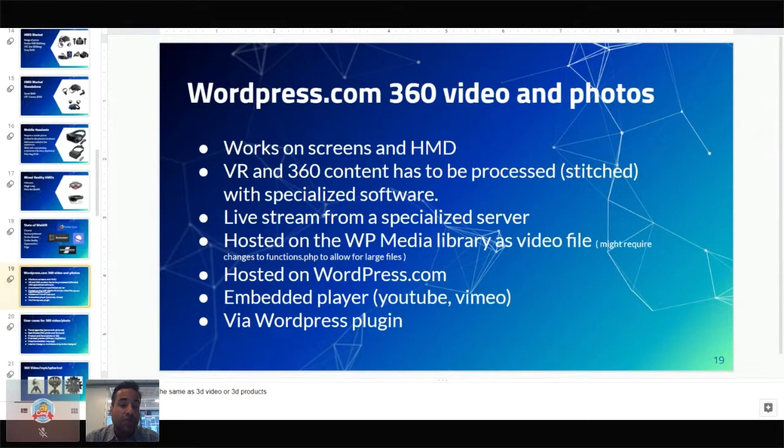Google Maps uses 360 photos. And you could embed a 360 map in your WordPress site very easily with the help of a few plugins out there. YouTube, Vimeo, all of these video platforms support 360 video. Facebook supports 360 video. And there are a lot of plugins out there. Some of them are using Gutenberg and blocks to embed 360 video. So this will be the easiest, most reliable way for you to start using immersive content on your websites.